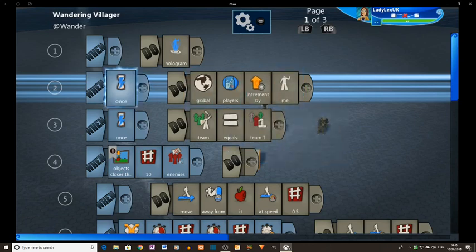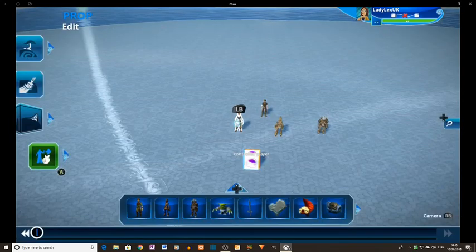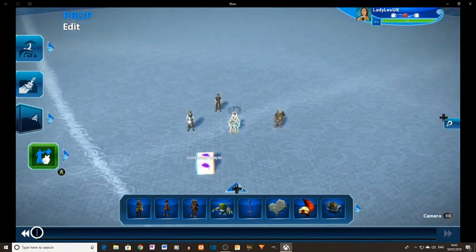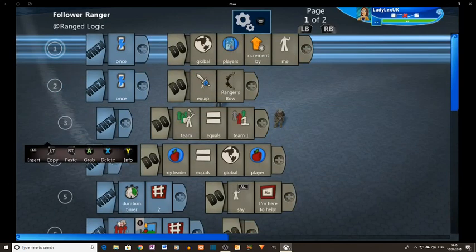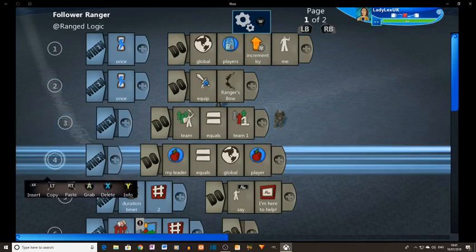So that creates an object set of players that are going to be able to be swapped in and out of. And you put that in all your character brains. And in a follower brain, you do the same, global players. You've got to put this line in. You remove the